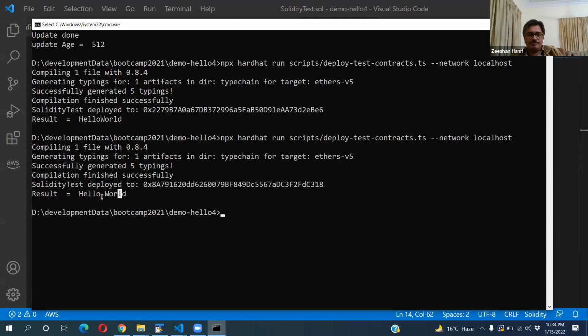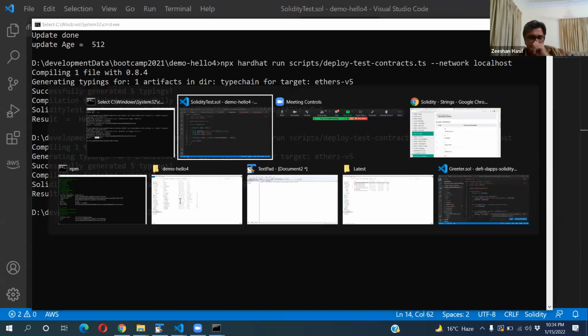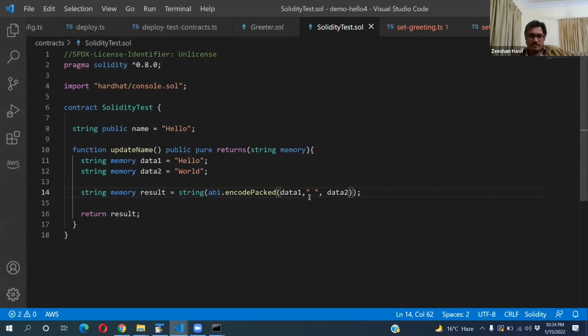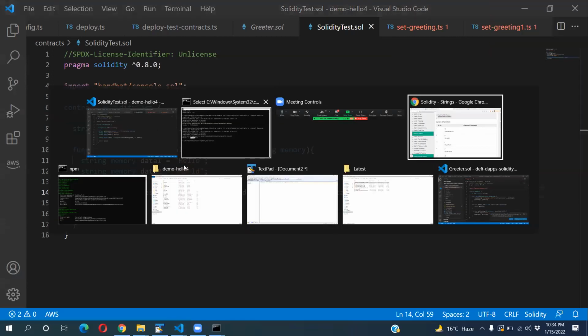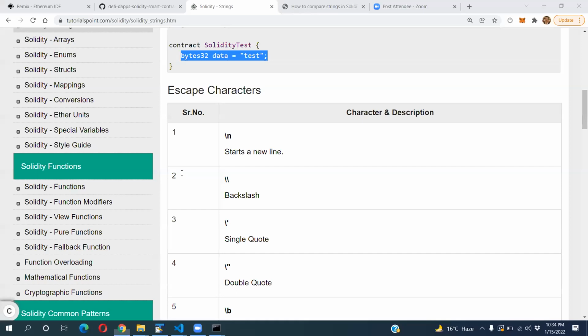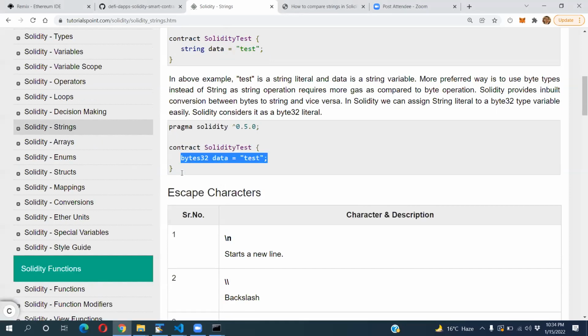Now you can see hello world has a space. That's how you can concatenate strings. And there is another option, you can use bytes to concatenate as well. Bytes also has a concatenate function. I'm not going into it, but what you can do is you have the